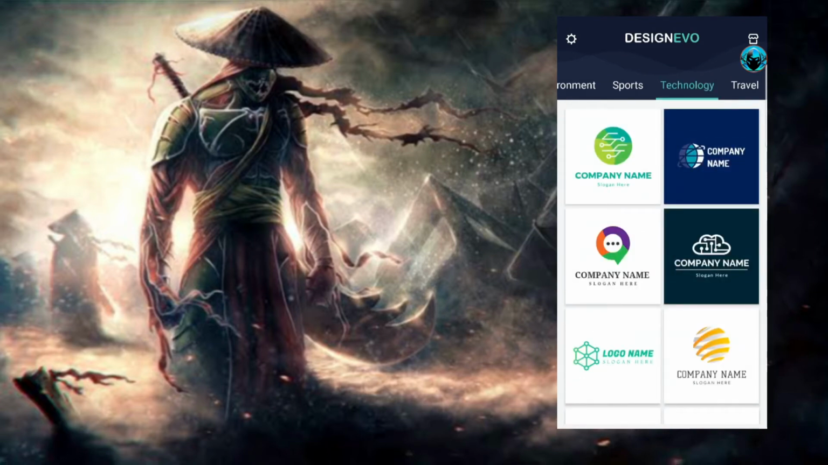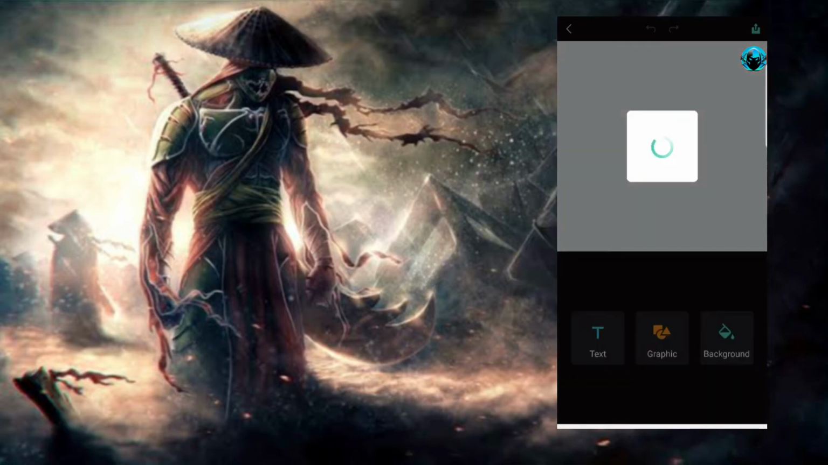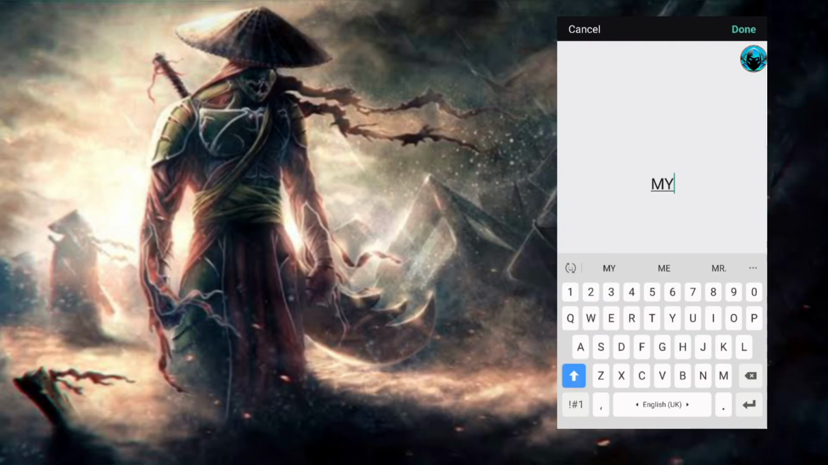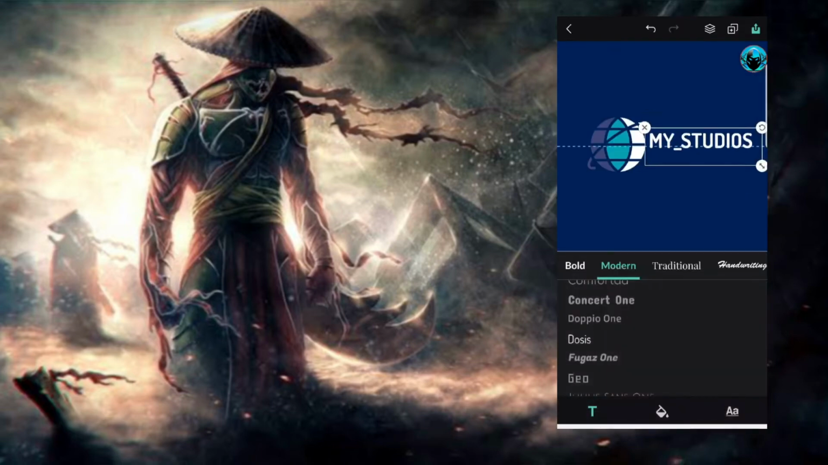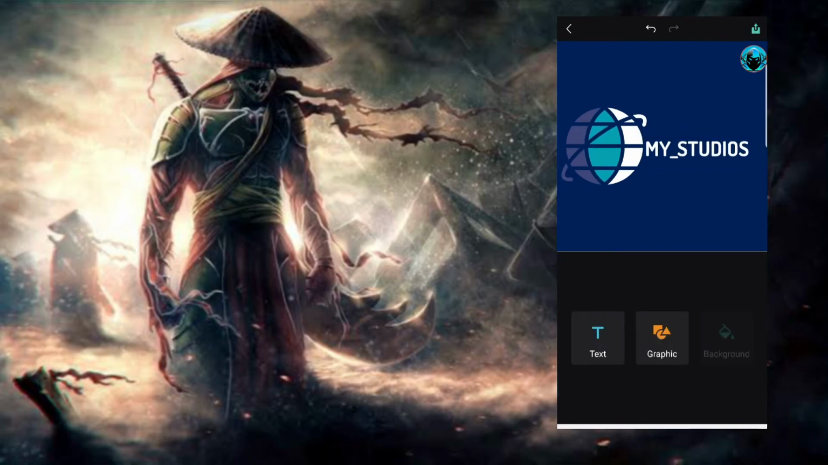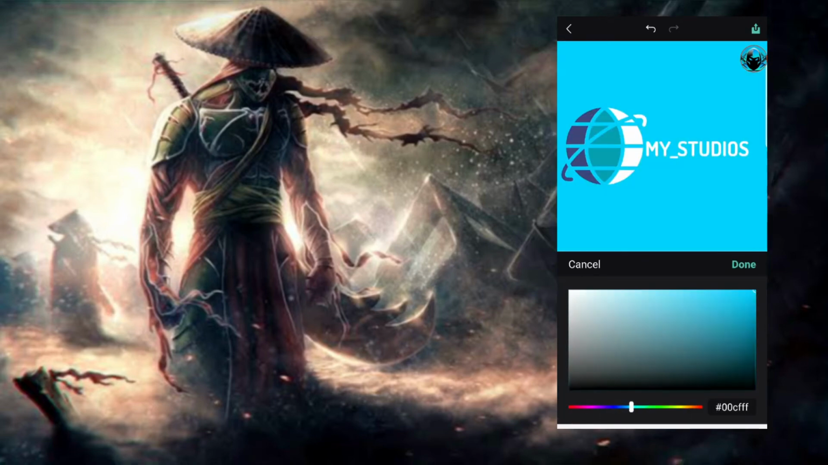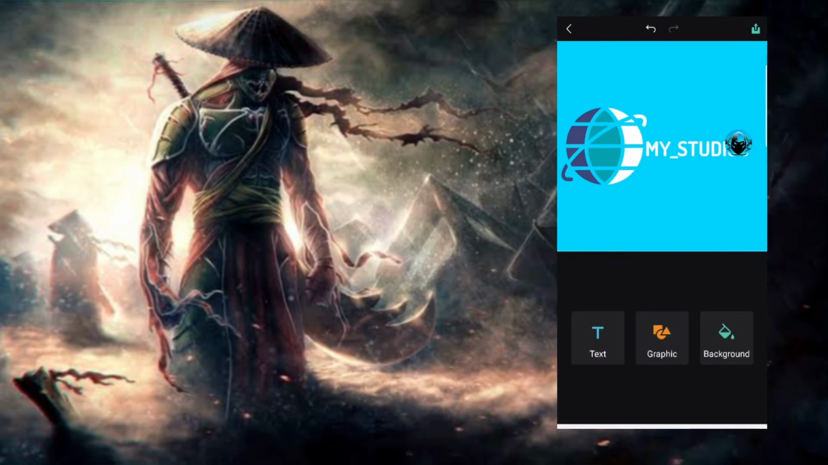Okay, so first let me just find this. I think this one's good. Yeah, so now guys, I'm just going to change the text and stuff. Just a sec, yeah. Now guys, here you can choose a color for your background, and now what you can do is guys,